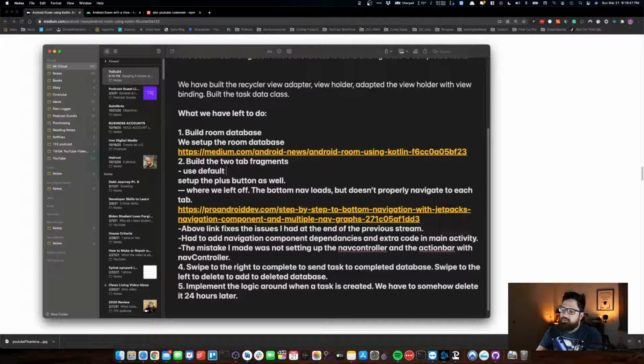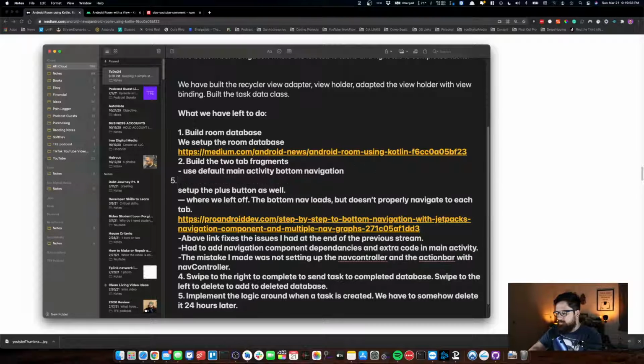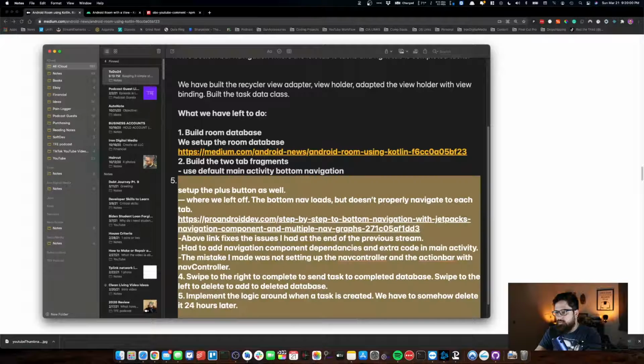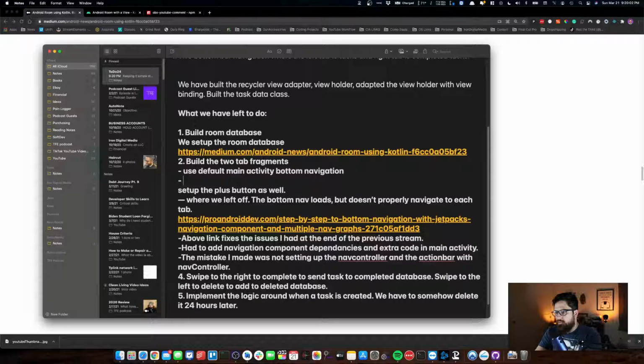Use default main activity, bottom navigation. Because then just restructure code to fit what you need. Refactor, rather. Refactor. Okay. Let's go ahead and